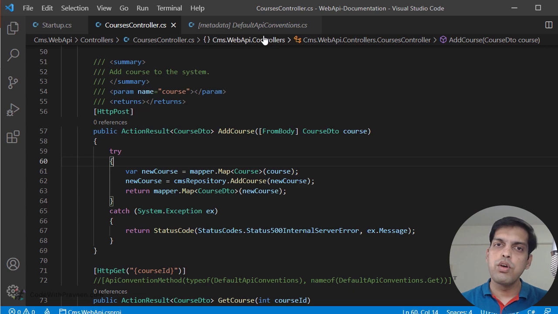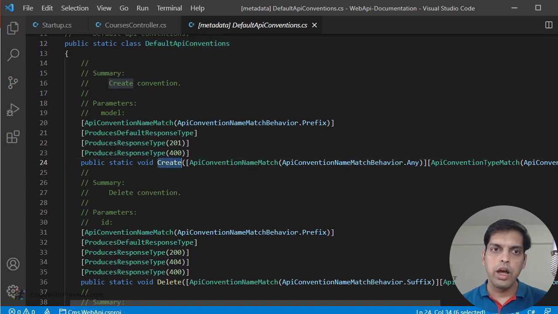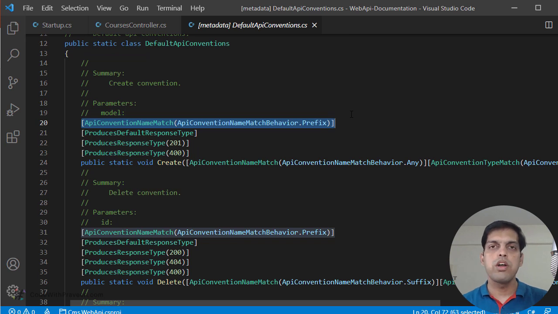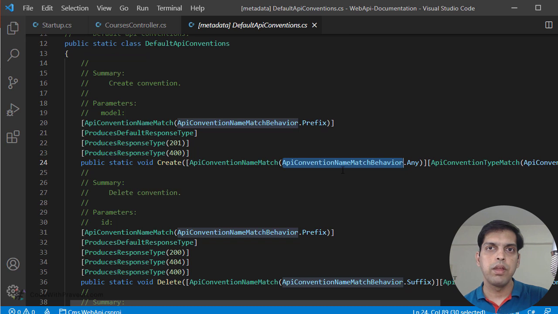What it means is that if you go to the default API conventions class, we have got many functions defined. At the top, you can see specific name match behaviors. So what .NET is going to do is it's going to look out for the function names and it has to satisfy as per these conditions. These rules are set for the method names as well as the parameter type and parameter name. Hence, there are 3 parts. One is the action method name has to satisfy certain rules. Similarly, the parameters that you pass to those action methods have to be of certain type. And also the name of those parameters should match certain conditions.